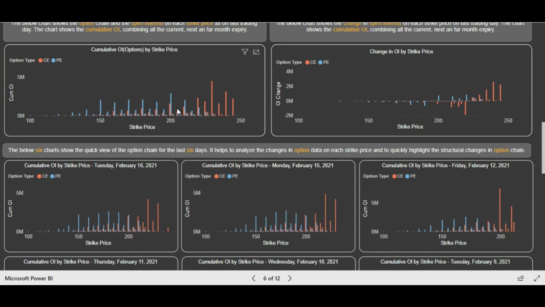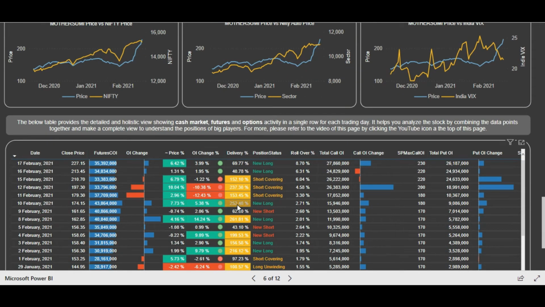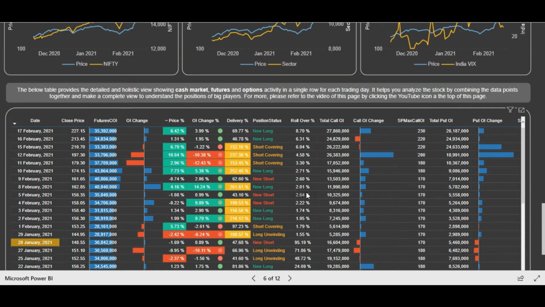So every data is in harmony now. Also we see the cash market data, you see that deliveries are massive, like people are taking the delivery in cash markets also. So in the bottom table you can analyze in more detail. You see that a lot of long position and short covering is going on, cash market buying is going on heavily, and put writing is going on heavily as compared to call writing.